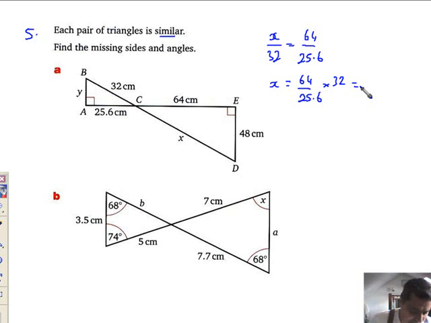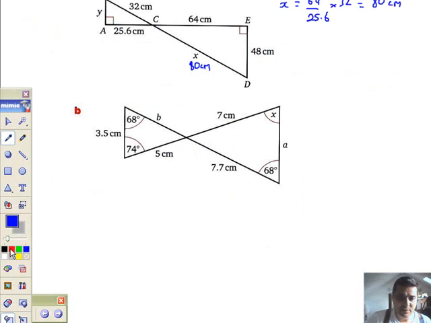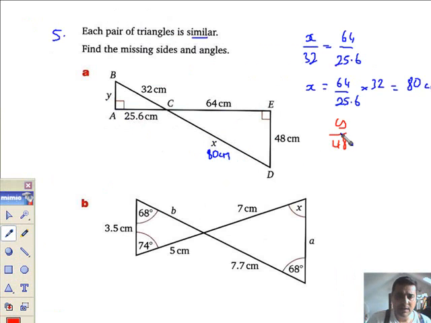So 64 divided by 25.6 multiplied by 32, we have exactly 80. Alright, so I'm going to write it into the storyline. So that's 80 centimeters. Now then, what have I got? Let's do the Y, shall we? So Y and 48 are good friends. Let's change to red. So Y divided by 48,